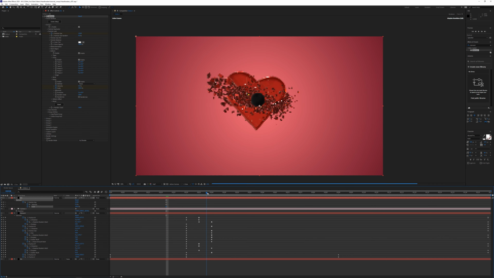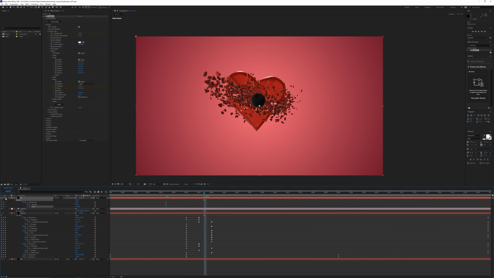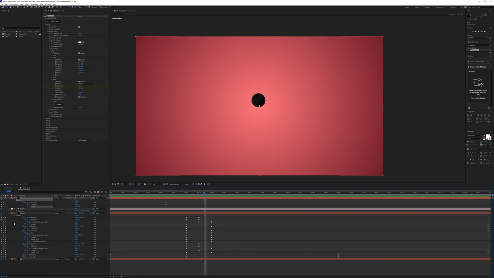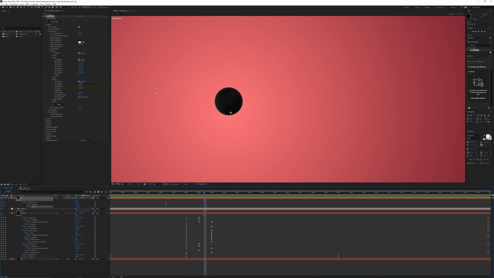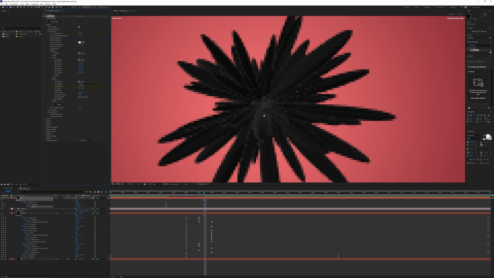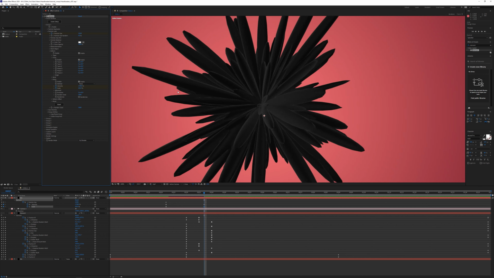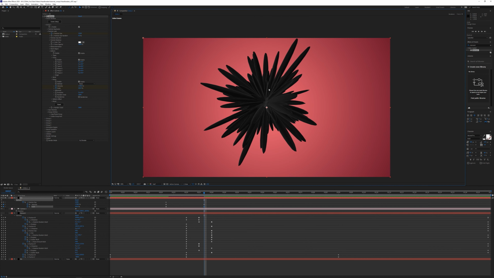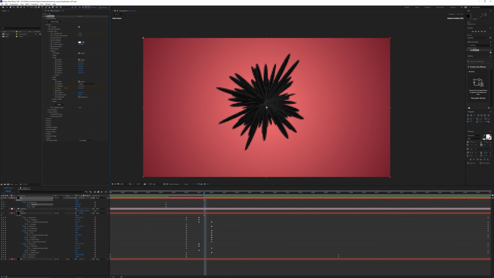And then if we go forward to something like frame 37 or so, and I'm also going to solo this ink and then solo the background just so the heart isn't getting in the way. So as we increase the intensity, you can see that we get these weird blobs that start extruding out from the sphere. So if we increase the scale to something around 600, we get a lot more spikes and we get something that looks almost flower-like. We can pull this intensity back just a little bit.